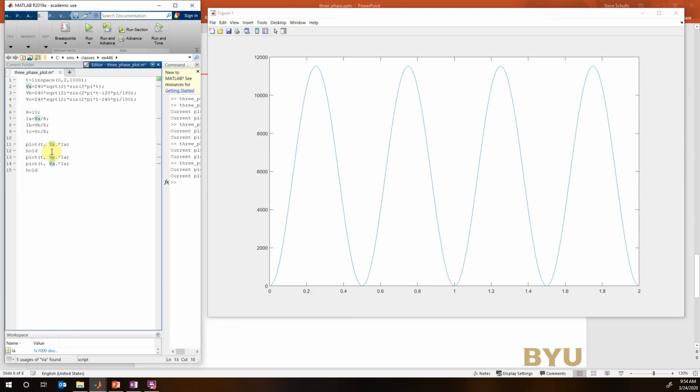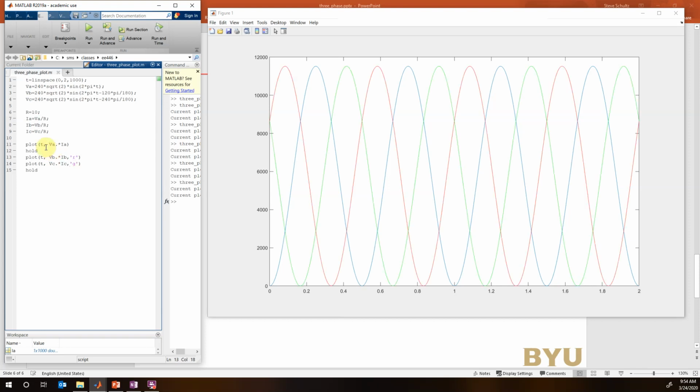And then I do the same thing for my B and the same thing for my C. And you see I get these sinusoidal varying powers, and they're all shifted like I would expect. And then when I add all of these together,